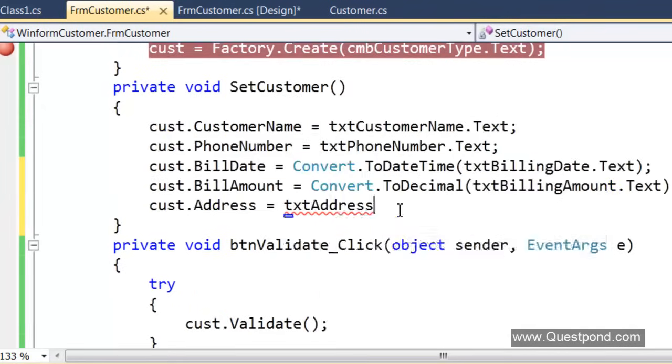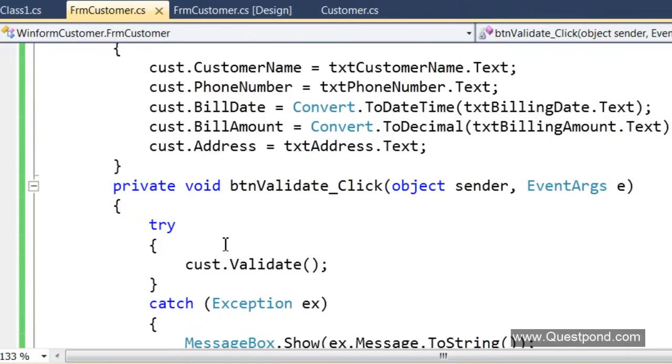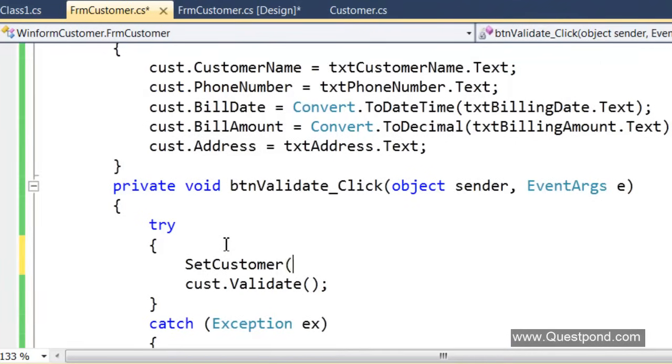This method goes and takes the value from the UI and sets it to the object. So before I call the validate, I would like to call this set customer here, and let us quickly go and test this.